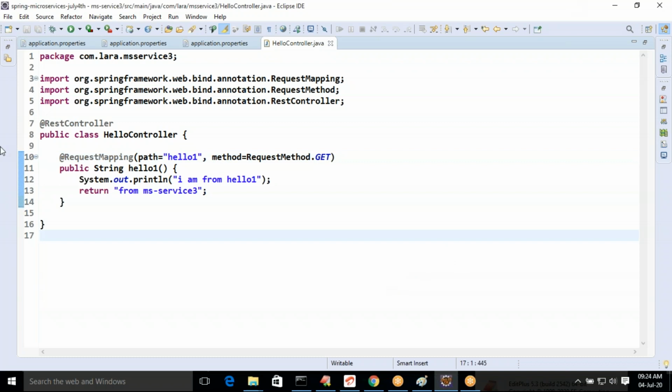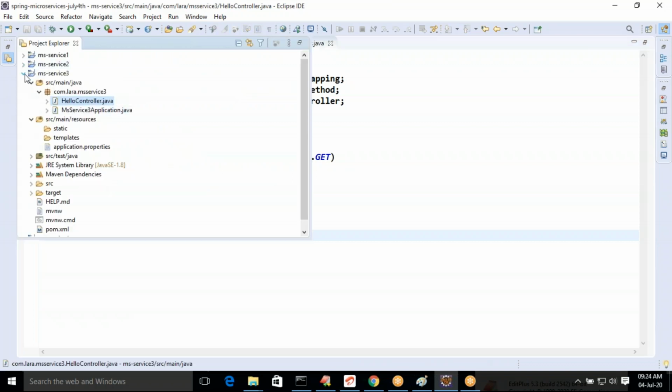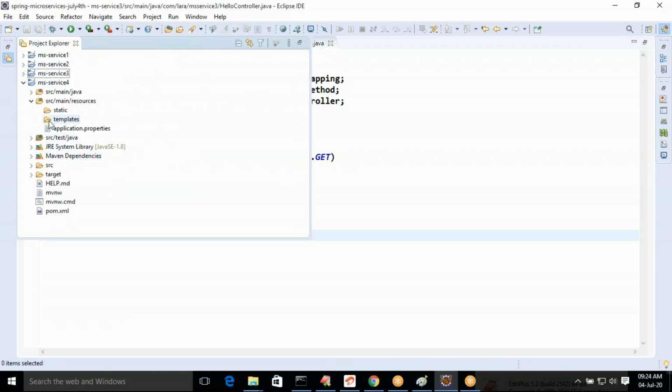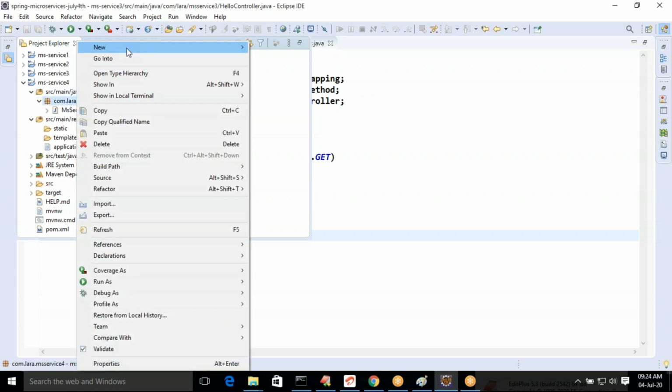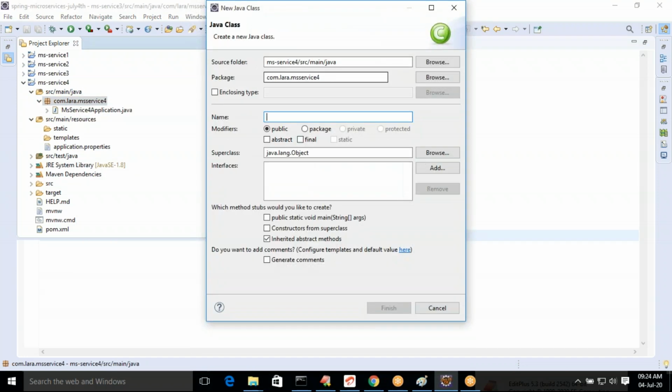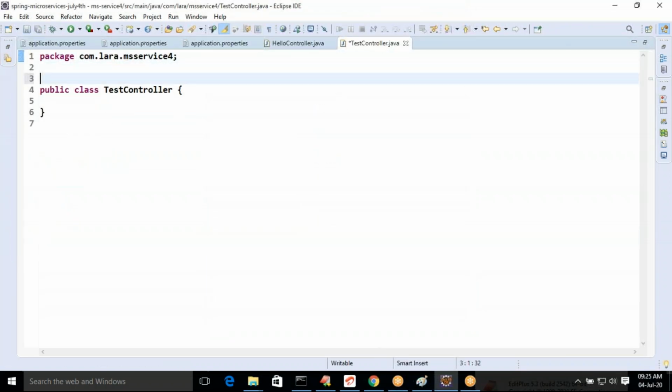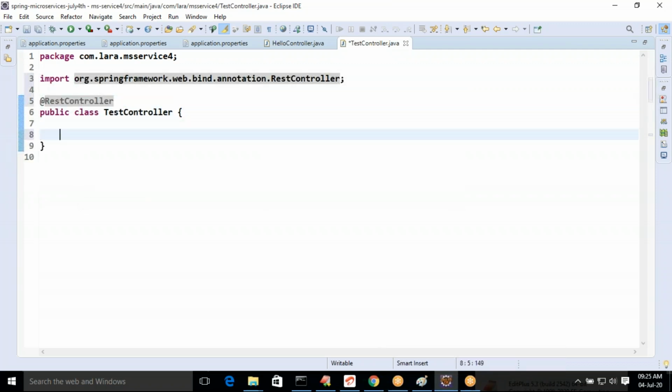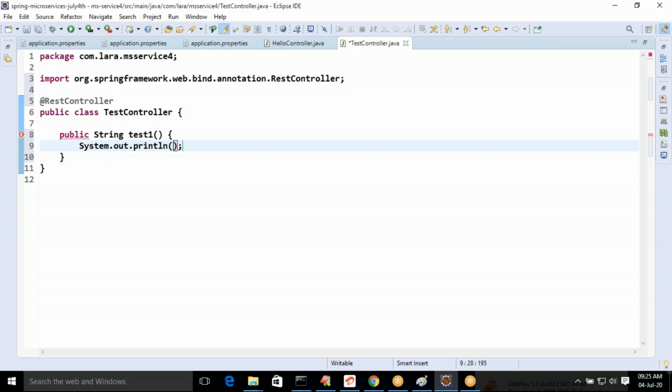Let us see the same type of controller in MS Service 4. I will be developing a TestController. Make it a REST controller. Public string rest1, sorry, test1.